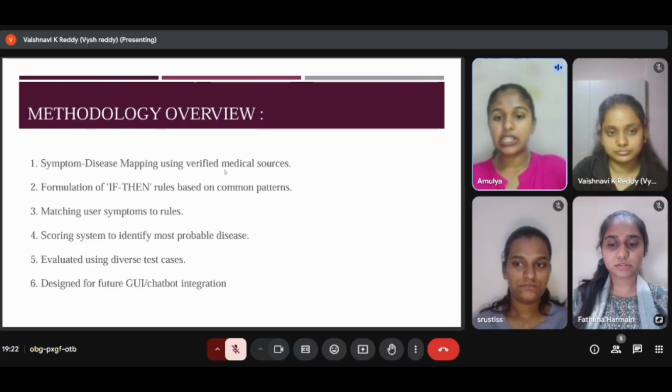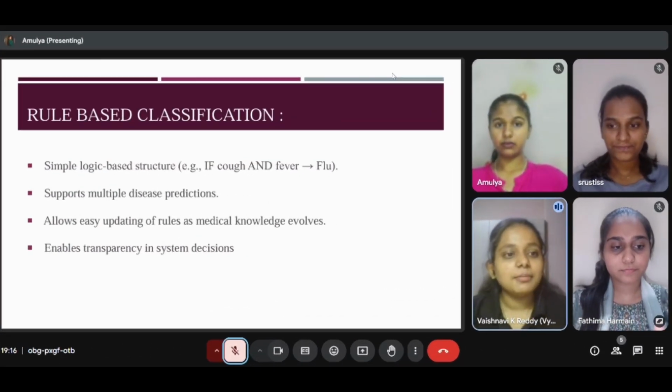The rule-based classification. The system uses simple logic. For example, if cough and fever are present, it means flu. It can also predict more than one disease, and we can easily update the rules when new medical info is available. The next slide will be continued by. Here I'm explaining about the